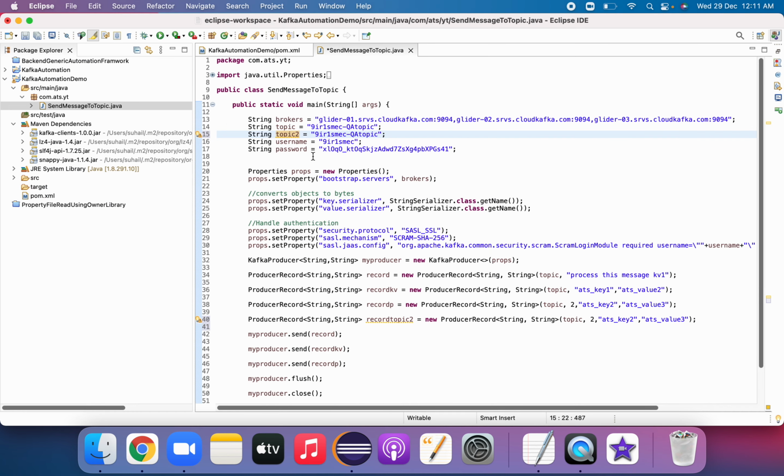Copy this topic name, go here and change this. Now you have to change the topic and partition; maybe you can keep 3. Let's change the key and value to 4 and 4, and this one to 5 and 5. Let me take this topic 2 and only this message.